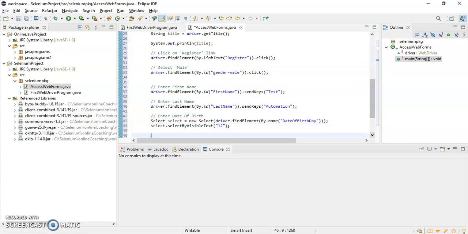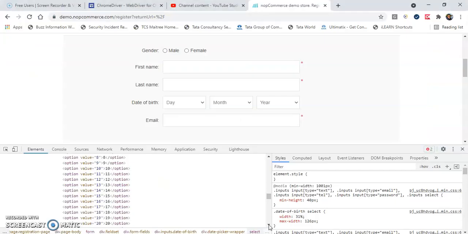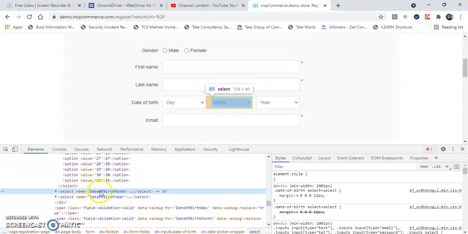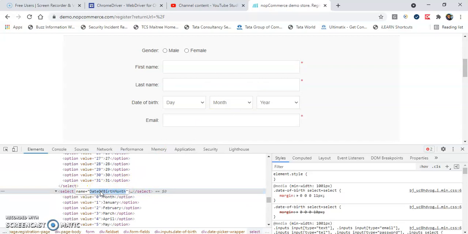Again I'll write select is equal to new select, and this time I will provide the web element of month. Its name is date of birth month.